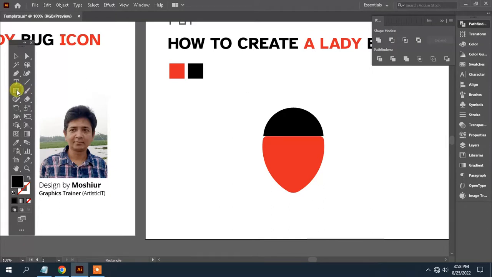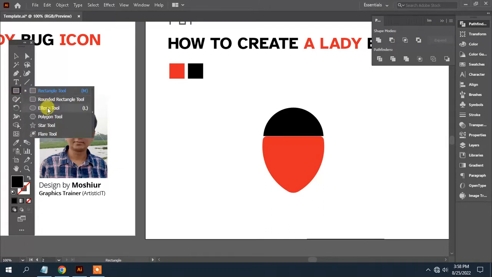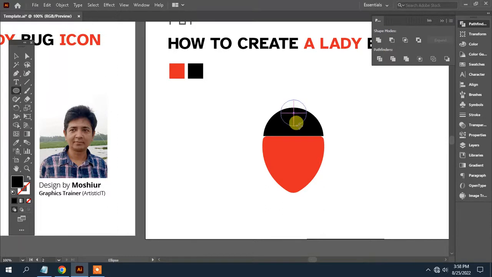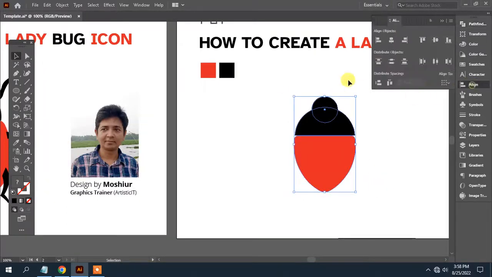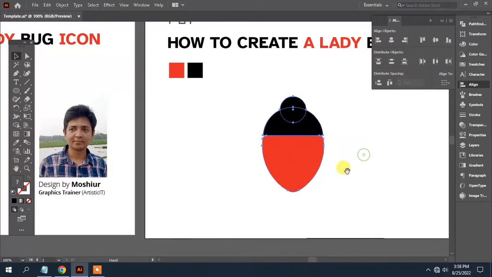Take the ellipse tool again, make an ellipse, align everything center.